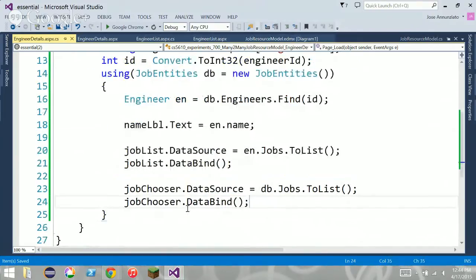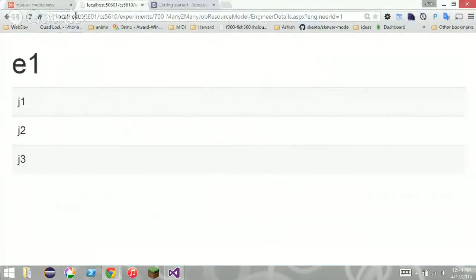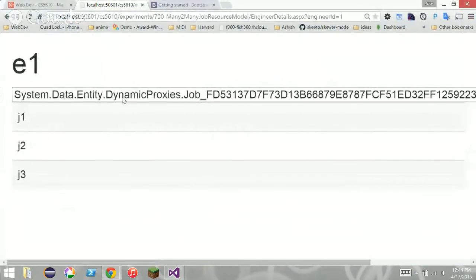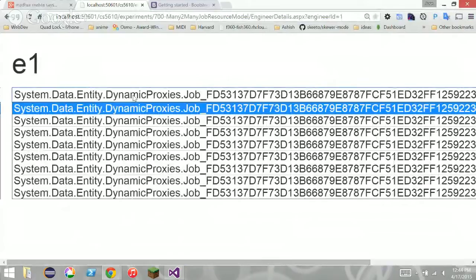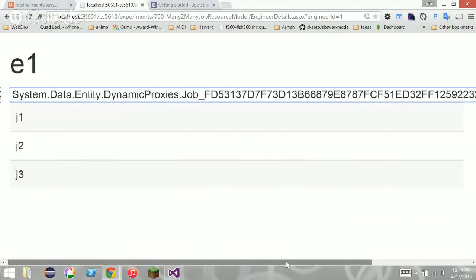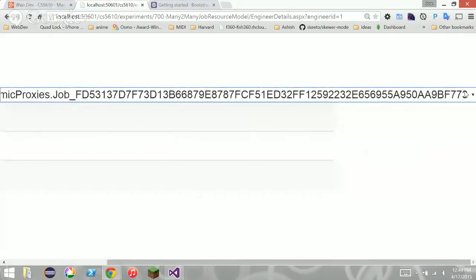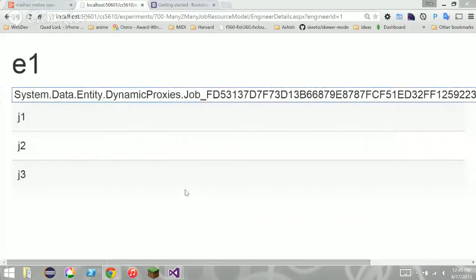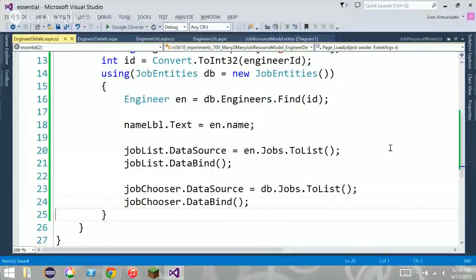Okay. So if we go back here and refresh, notice that there is a drop down, right? But notice that they're all instances of job. See that? Job. Those are instances of the class that was generated for us by the entity framework. Okay, and obviously this is useless, right? So let's see if we can improve it. What we could do is